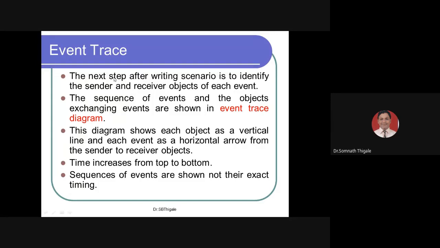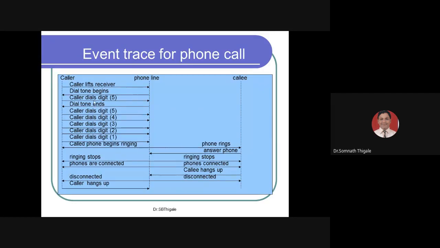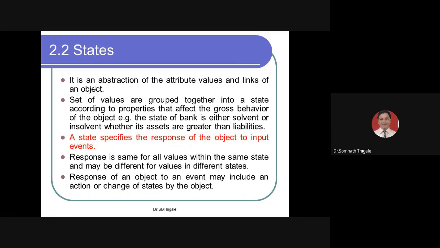The diagram shows each object as a vertical line and each event as a horizontal arrow from sender to receiver object, as you can see here. So this is the simple event trace for a phone call. Now I want to represent it in one simple diagram, and to do that, we can take the help